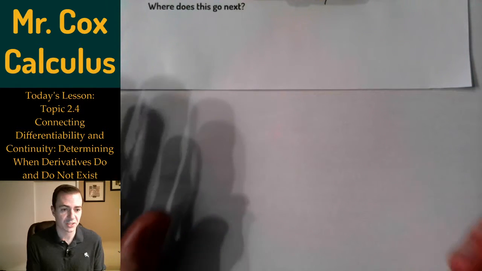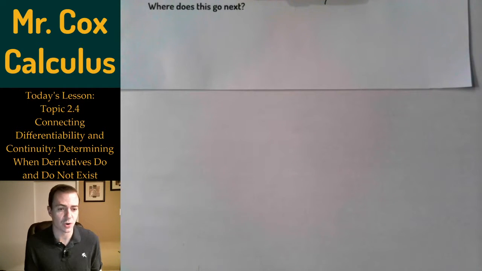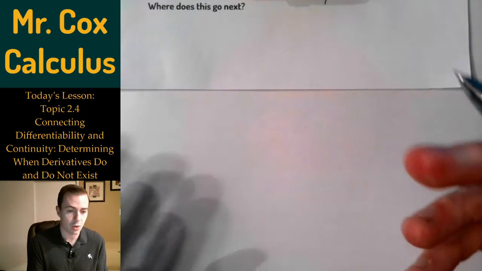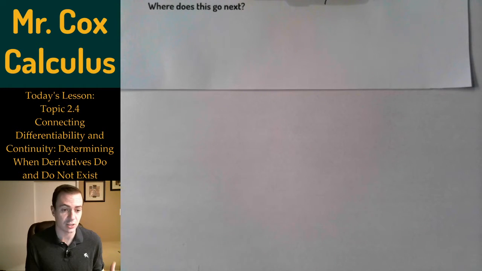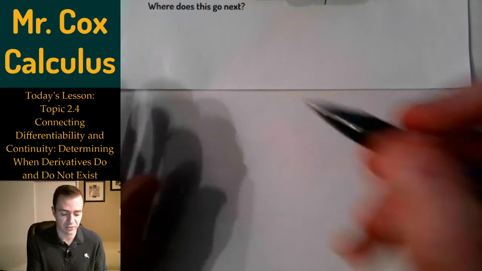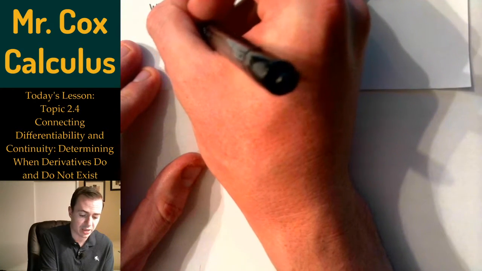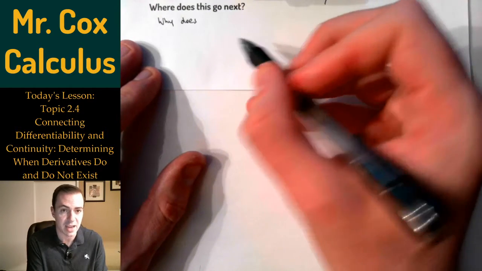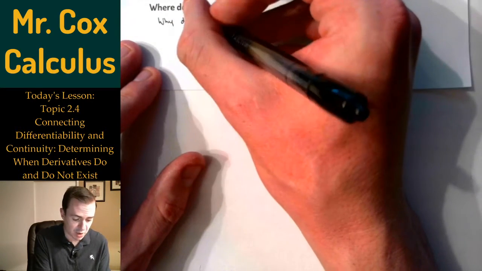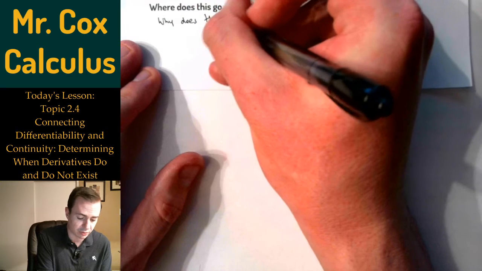Let's talk about where this goes next. We mentioned a function earlier in this video that had a vertical tangent line, and I told you that that means the derivative doesn't exist at this point. That might not have been as satisfying an answer for you right now, but the question you might have is, why does the derivative